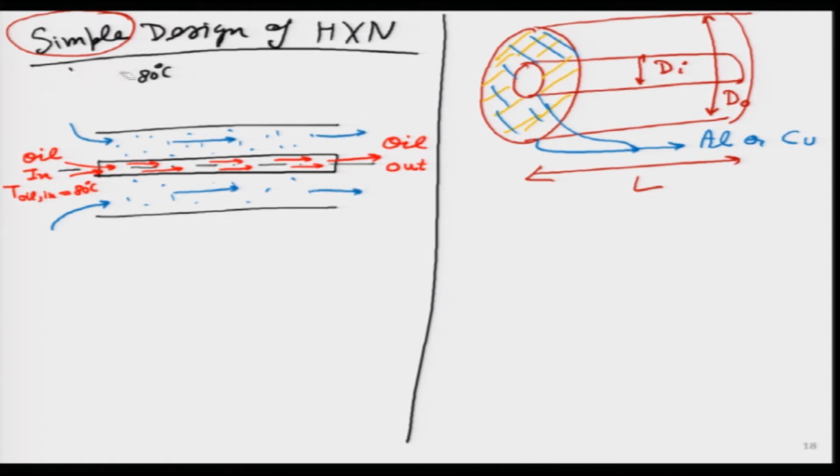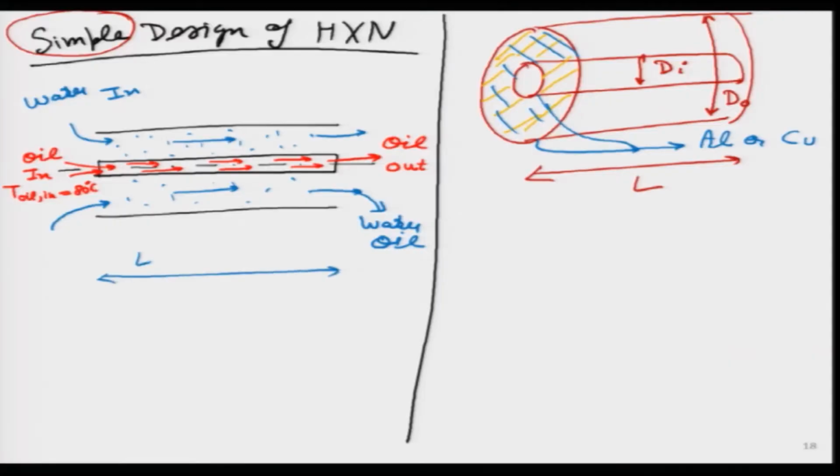This part I will erase over here. Okay. So, we have water going in over here and then water comes out over here. This is one of the simplest forms of a heat exchanger with just some push of the flow which is required, which means I can put very small pumps, one for the oil, one for water, which is just pushing very nicely the flow through these particular pipes. And I also know the length of the pipe. So, length is known and the inner diameter, outer diameter of these pipes are known, the mass flow rates of water and the mass flow rates of oil is also known to me.